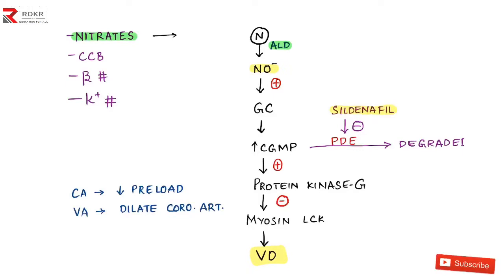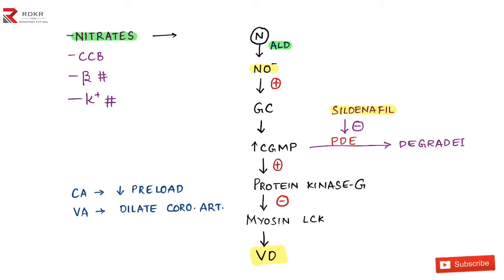Just a point to tell you, in pharmacology, even if you don't know the action of the drug, at least you have to know the contraindications of the drug, because if you know the contraindications of the drug, that can save the life of a person. For example, if you don't know that nitrates and sildenafil must not be combined and given to a patient, and just suppose you give your patient both the drugs at the same time, then the sildenafil here will block the phosphodiesterase enzyme, and there will be prolonged vasodilation, which leads to the risk of hypotension. And you have to remember, the main contraindication is don't combine sildenafil with the nitrates.